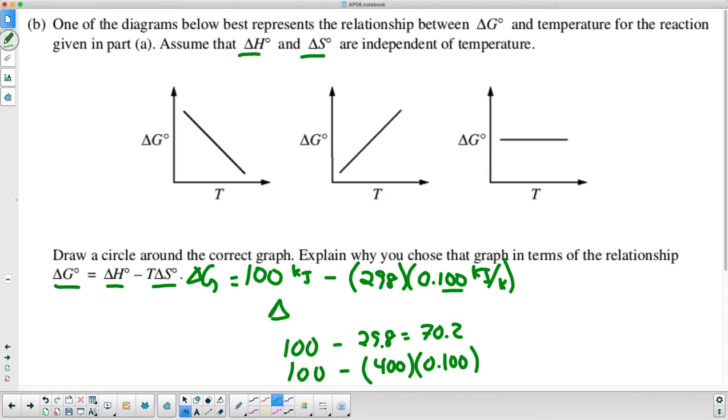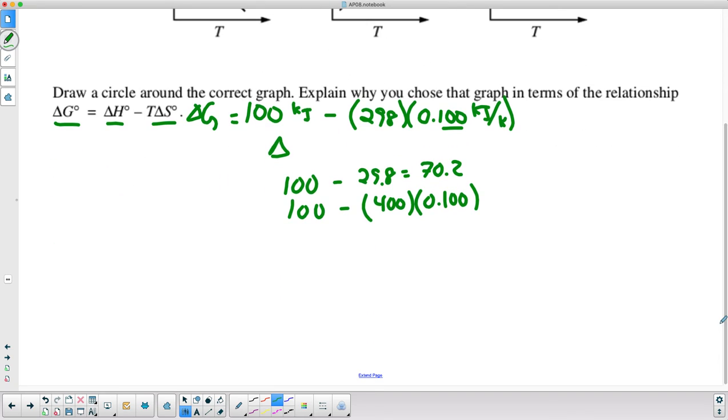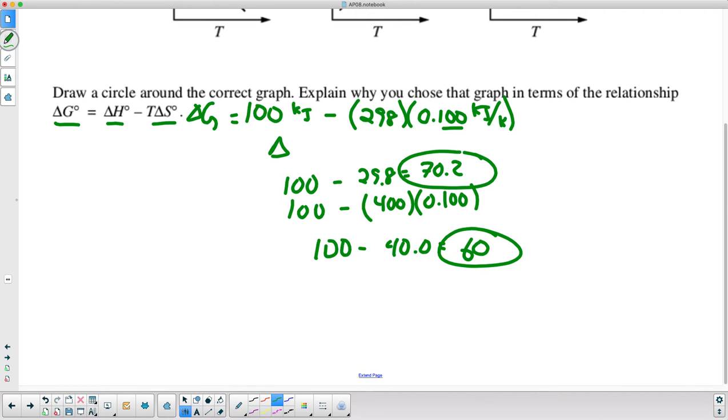And then I need more room, which means 100 minus 40, like that, equals 60. What's going on? I went from 70.2 at 298 to 60 at 400. Okay, that means my delta G is decreasing